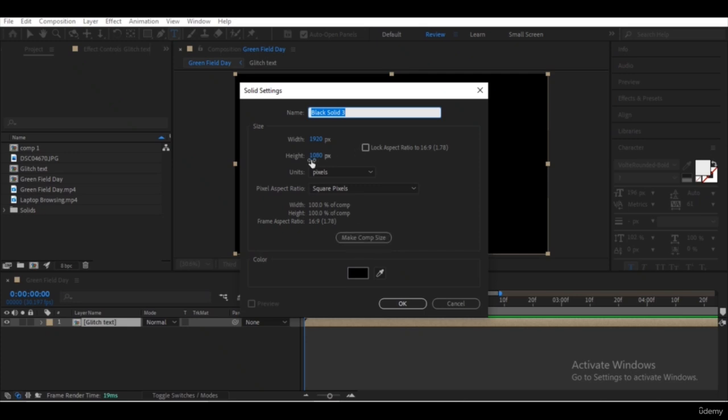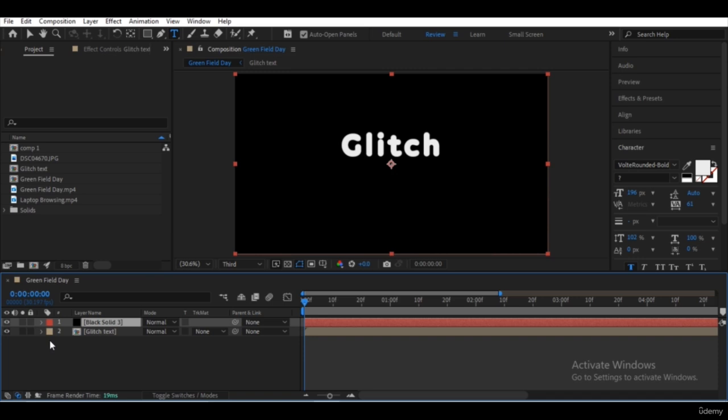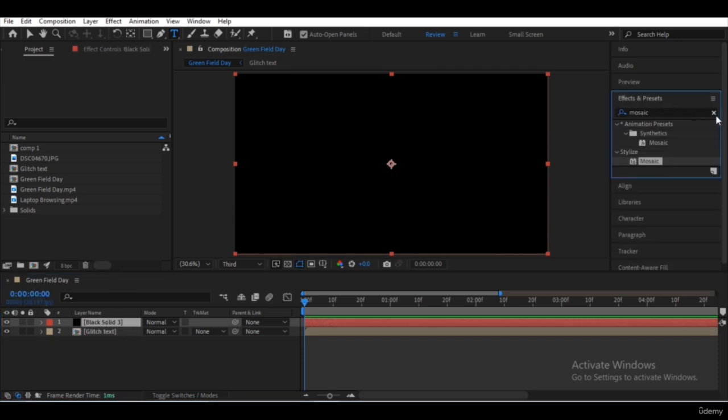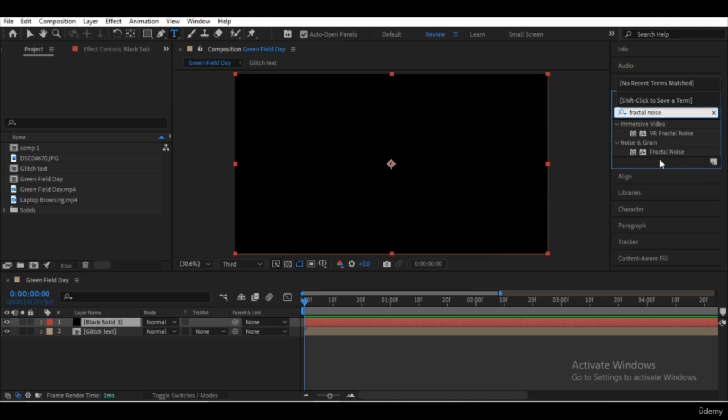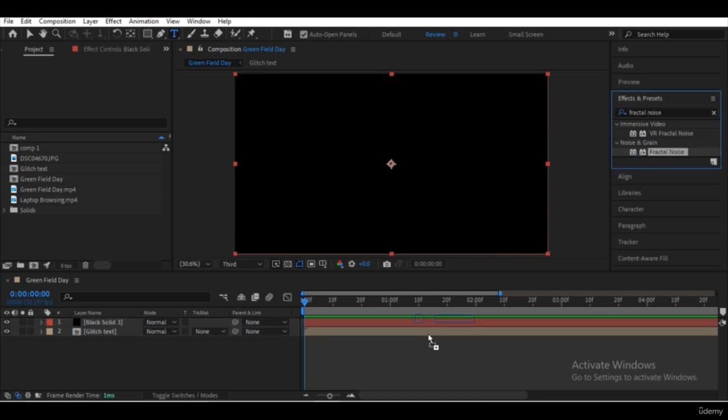Then go to the layer menu, choose new and go to solid, or you can press Ctrl Y on your keyboard. Choose the color black as your solid. Then go to the effects and presets and type fractal noise, and drop it on the black solid